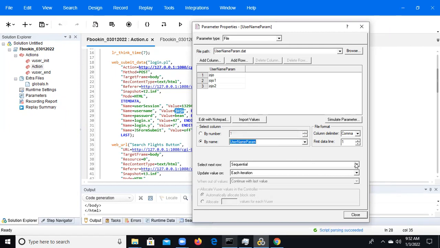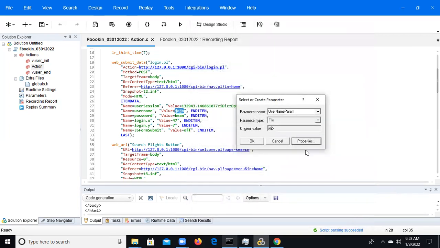And after that, we have different types of properties like sequential, random, unique. And here we have different types like each iteration, each occurrence, once. We can discuss them one by one later. Now I select sequential, each iteration, just close it. And after that, we can click on the OK button.